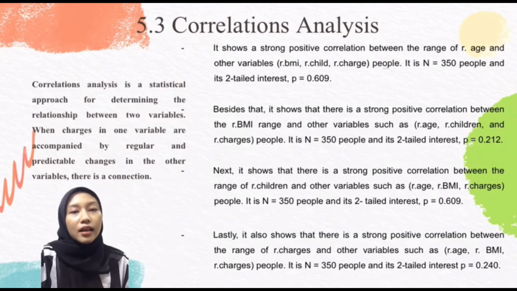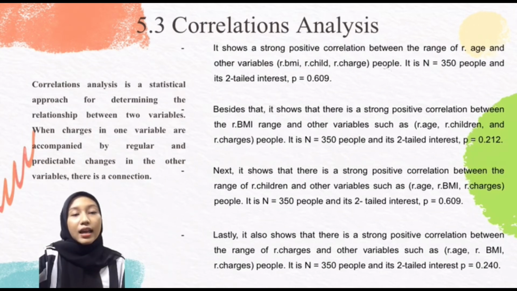It is N 350 people and its total P 0.609. Besides that, it shows that there is a strong positive correlation between BMI and other variables such as age, children, and charges. It is N 350 people and its total P